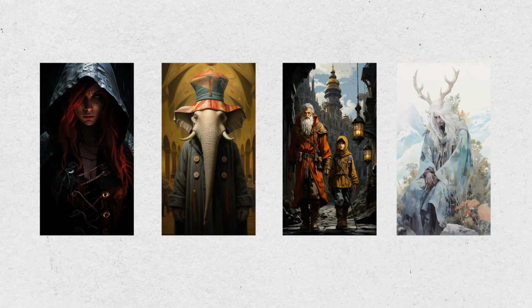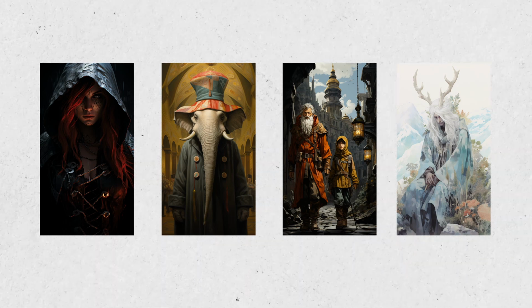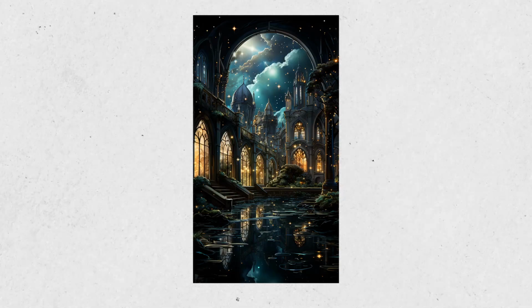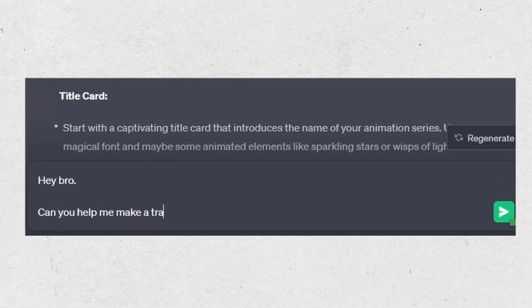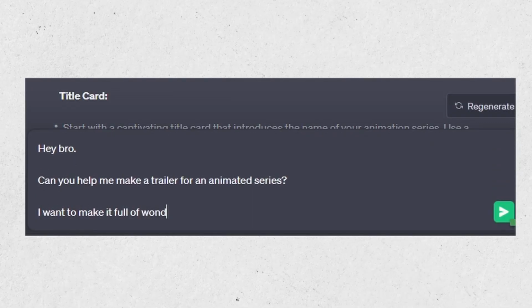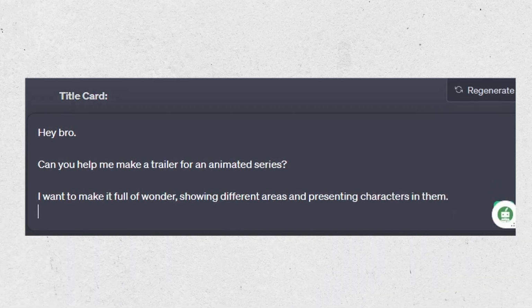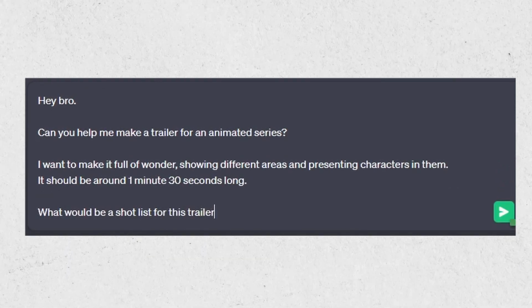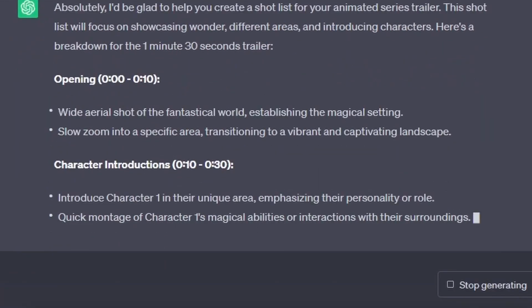I already have something in mind that ought to nudge forward. The general idea is 4 characters from 4 different areas, coming together through chance to discover a lost civilization. I'll ask my trusty friend ChatGPT to help me with this. Goes pretty well with the suggestions, helps to visualize the whole thing.